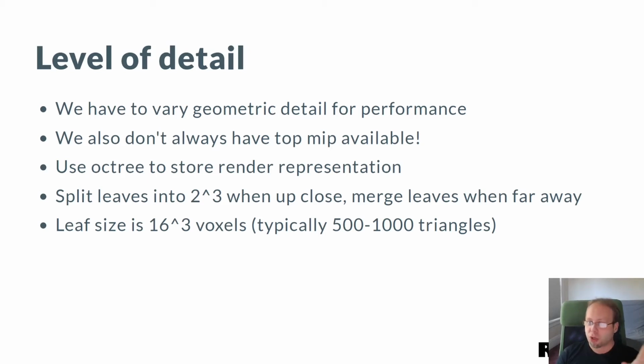To organize all of this, we use an octree, and then we only render leaves of the octree. These leaves can be split when the leaf is close up, and then they can be merged if they're far away, which gives you these level of detail transitions. For us, every leaf that we do draw, we always match it as if it's 16 cube voxels, which is just a trade-off between the draw call size and the update cost. Whenever a voxel changes in a chunk, we do have to update the entire chunk. Our meshing is not incremental, so there's a trade-off there, with 16 to 32 cubes probably being reasonable trade-offs.